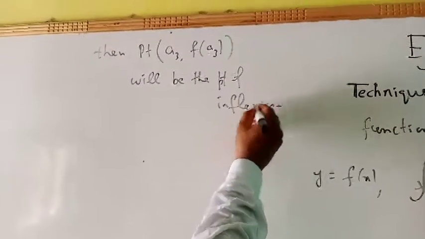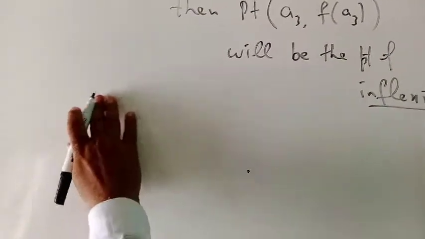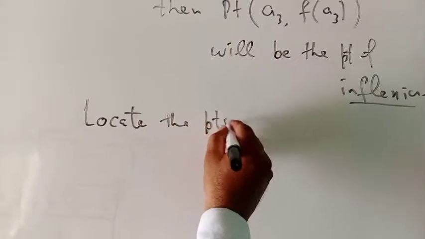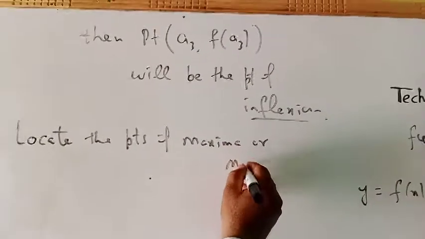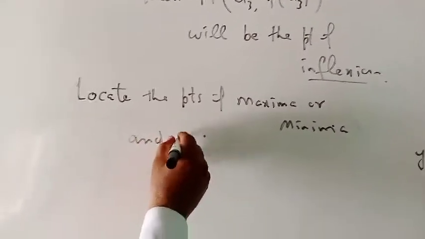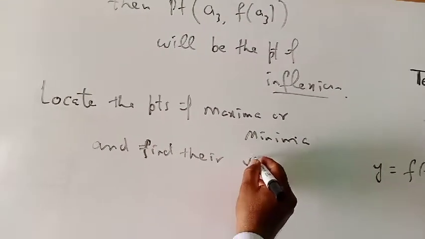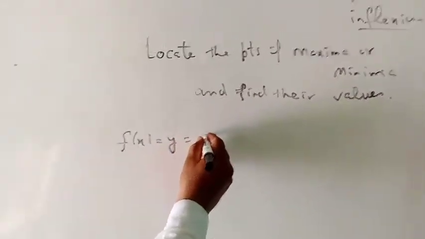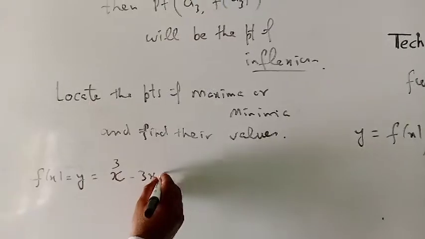These are very interesting questions. I will take one question. If you are given a function like this, locate the points of maxima or minima, and find their values. If we have a function like this, f of x is equal to y is equal to x cube minus 3x plus 5,